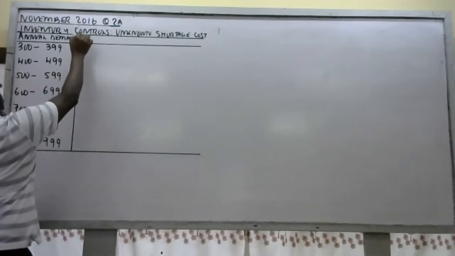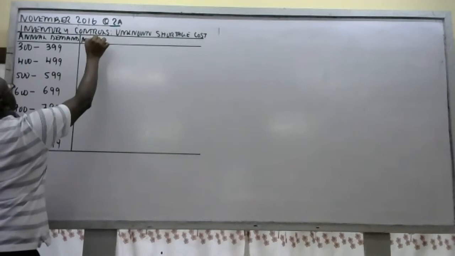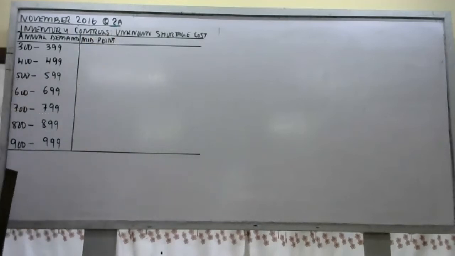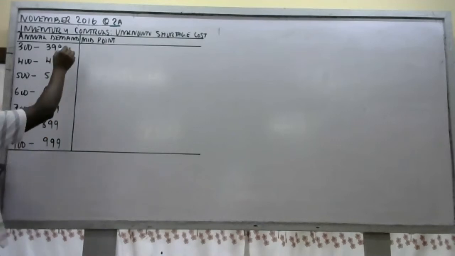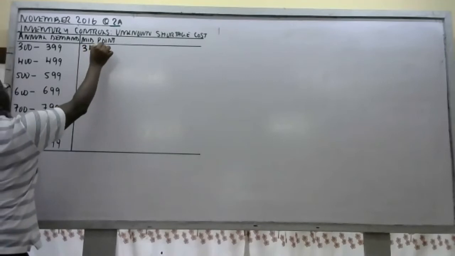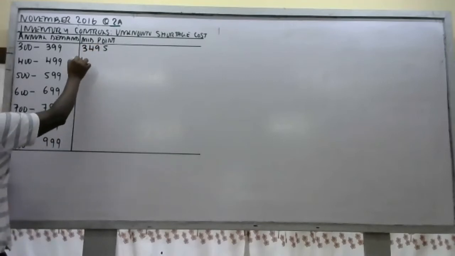So the next thing you need is the midpoints. You need to create midpoints. And midpoints, I told you, you add these two values, 300 plus 399 equals, divide by 2. You record 349.5. So the same case here,